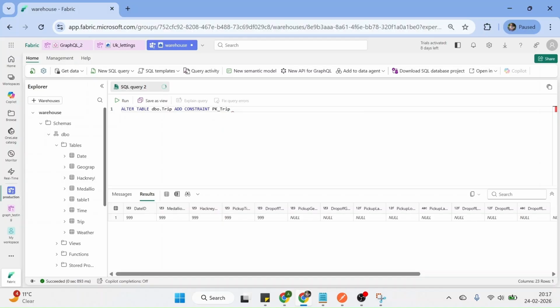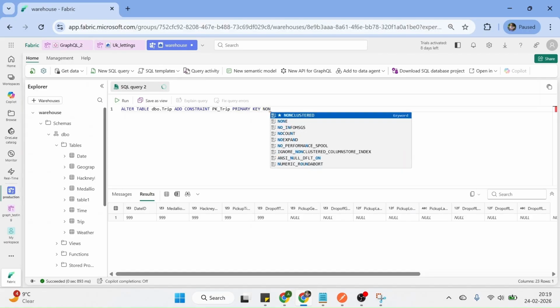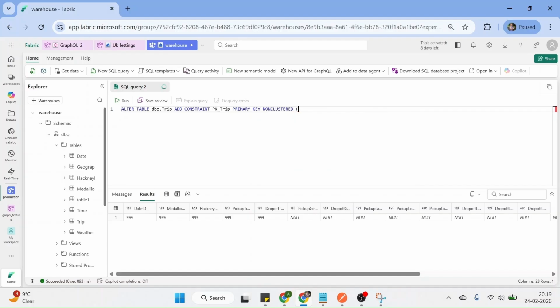You can give any name, but it makes sense if you add pk underscore for primary key constraint, for foreign key fk underscore, and so on. That makes things quite readable. Primary key, non-clustered, and now you need to provide the